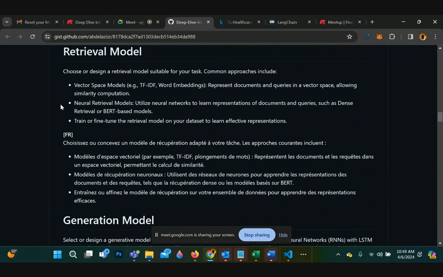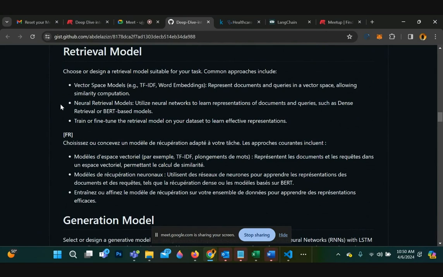That's similar to that input. Today, what we will be using is the vector space models. Basically, it retrieves documents or queries from a vector space. And as I mentioned, it does similarity search on the database.